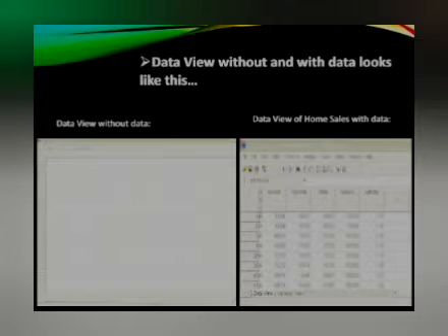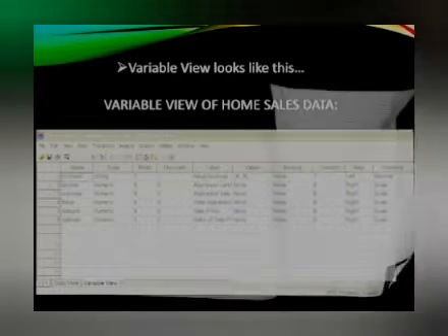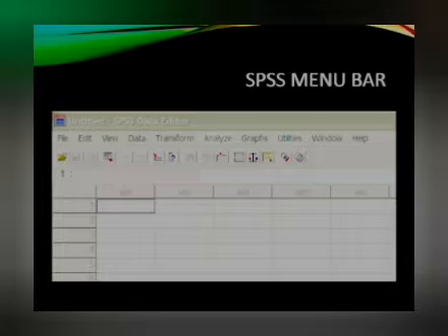Data view without data, data view with data, and variable view look like this. SPSS menu bar. SPSS menu bar includes file menu, edit menu, view menu, data menu, transform menu, analyze menu, graphs menu, utilities menu, window menu, help menu.